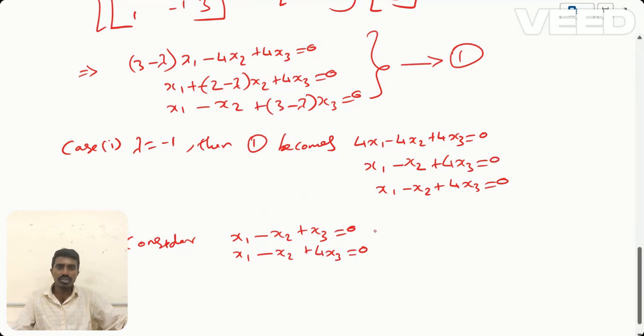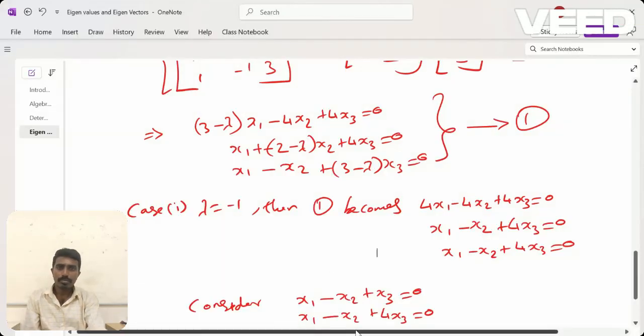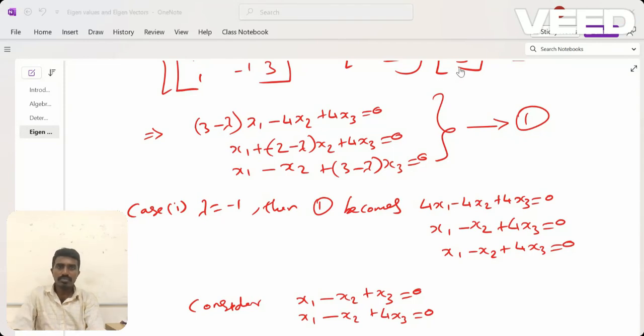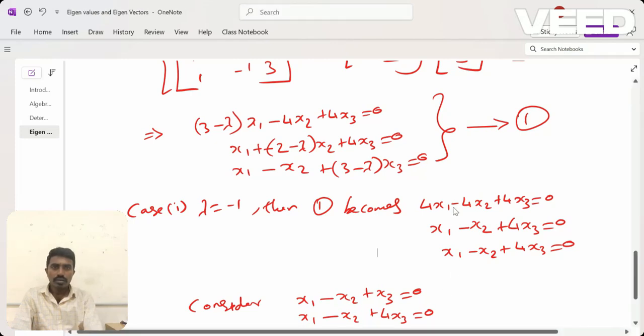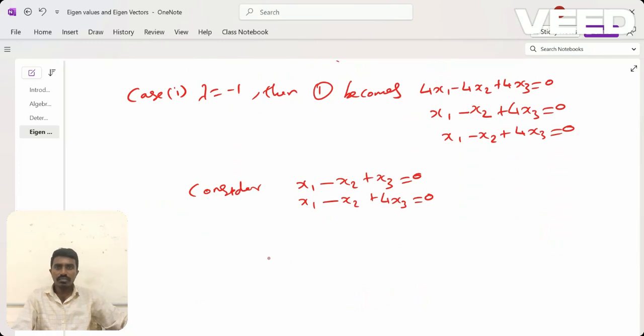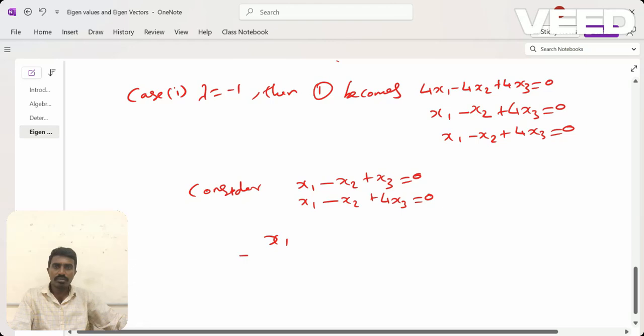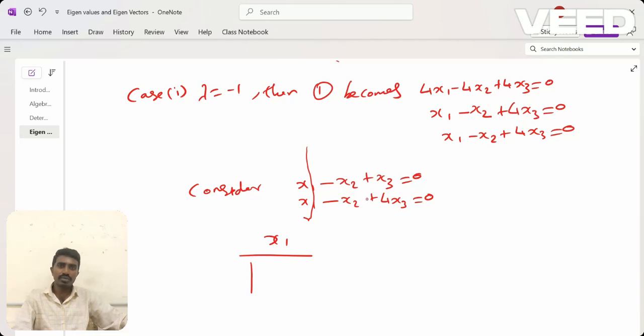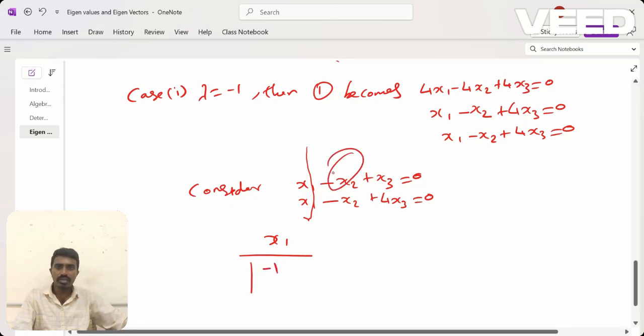Now solve these two equations by the cross multiplication rule. You have to write it like this: x1 by the determinant of, you remove the x1 column, then you find the determinant value of the remaining coefficients matrix, that is minus 1, this one minus 1, and then this coefficient is 1, and this coefficient is minus 1, and this coefficient is 4,